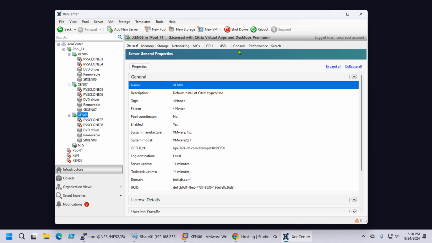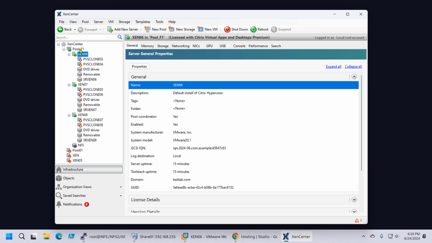I don't have the PVS accelerator, sorry. But that for me doesn't count, because from my knowledge, if I install the XenServer 8, I will have the